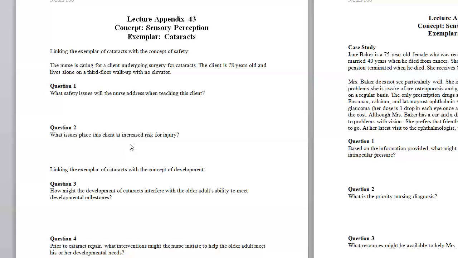If there was any medication such as eye drops or any drugs that she needs to be on, that she's aware of how those work, and is she able cognitively, and does she have the motor skills, to be able to instill those medications into her eyes, and